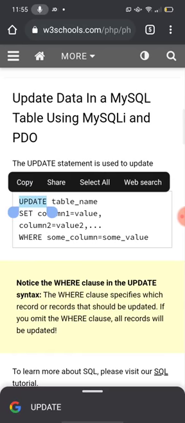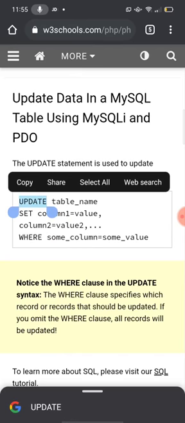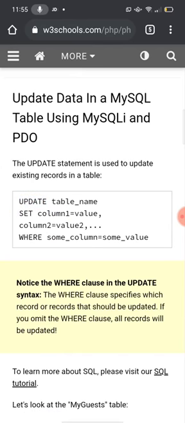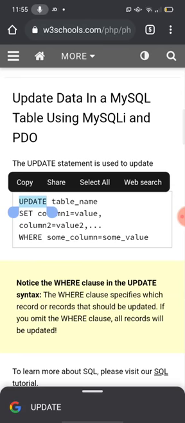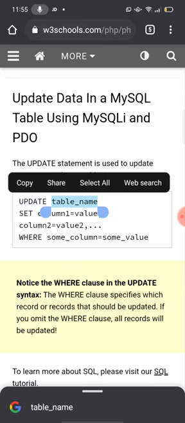Starting with the UPDATE keyword. Okay, the example is starting. This is the syntax I am going to explain now. Starting with the UPDATE keyword, after UPDATE it is followed by the table name. Update, then table_name. Whatever your table name is, you are going to write that table name.